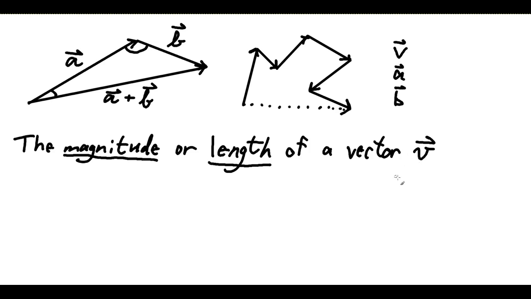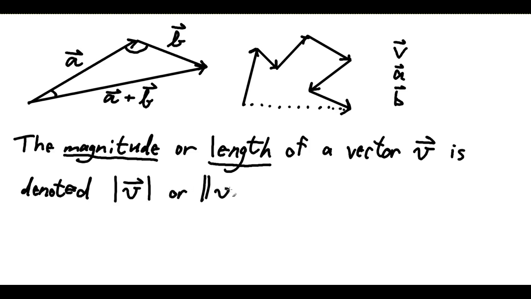The magnitude or length of a vector v is denoted. We have special symbols for that. And there are actually a couple of common notations that we use. Sometimes we put the vector between single bars, like an absolute value, or we can put the vector between double bars. Right, the single bar notation,